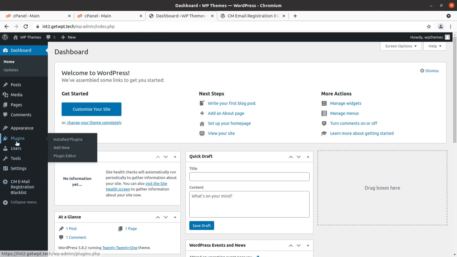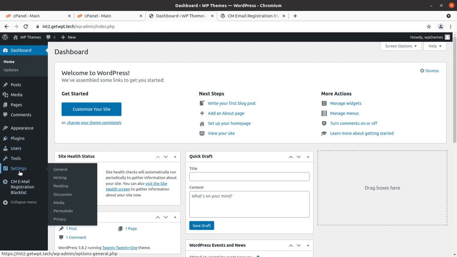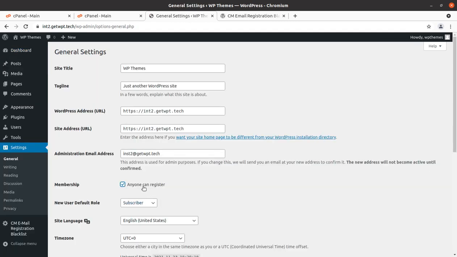I mean where registration is allowed directly, where anyone can register is enabled on their website. Mostly it happens on WooCommerce websites. So it can be big trouble if you are getting spam users or unwanted registrations. So this is the plugin through which you can resolve this problem.